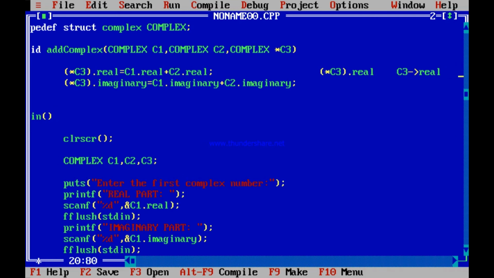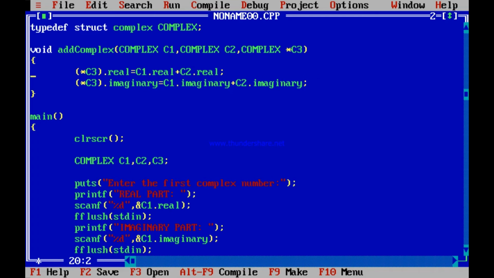What I mean to say is, instead of star C3 dot real, you could have written the same thing as C3 arrow real. Star C3 dot imaginary, you can access as C3 arrow imaginary.